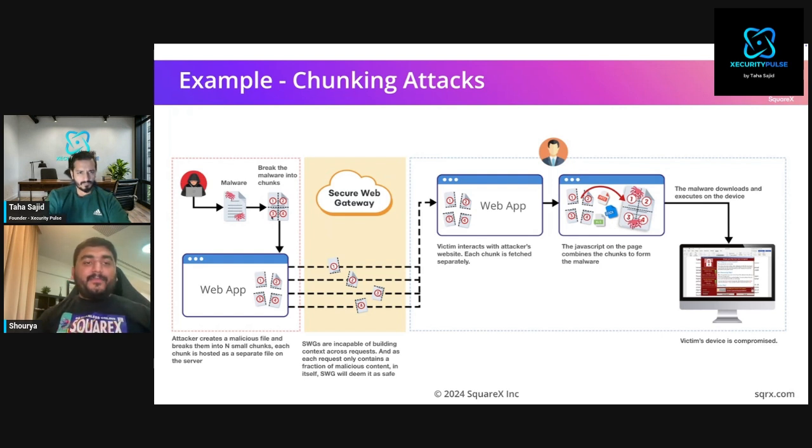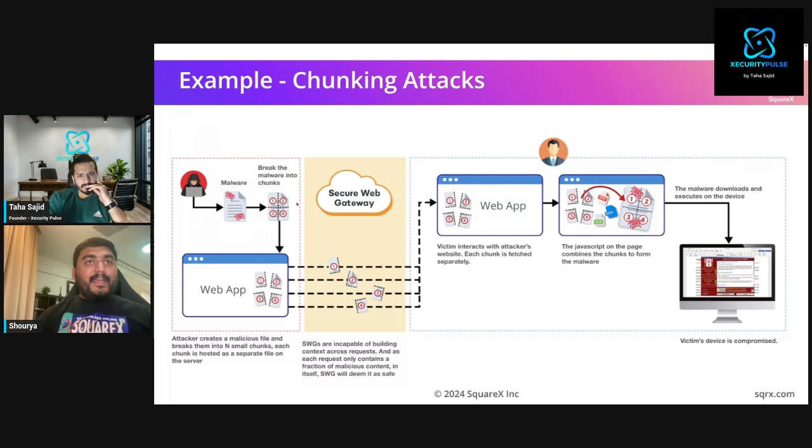And by chunk, I mean multiple parts. Now, what will happen is that it will put all of these parts into different endpoints. And let's say a tab opens, it will try to fetch all of these individual paths using network requests. As they are doing the inspection at a network level, they can only see that this small part is going through, but they cannot really know, since it's a full malicious file, whether it's malicious enough. And since they do not have any context about tabs or windows,